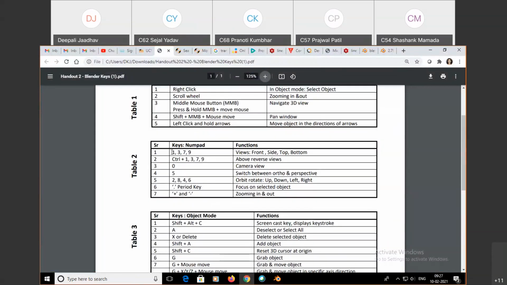Then 1, 3, 7, 9, these are the numpad keys. If you are using a laptop, then you need to activate the numpad keys. For which purpose? This is for front, side, top and bottom. So see here 1, 3, 7, 9.